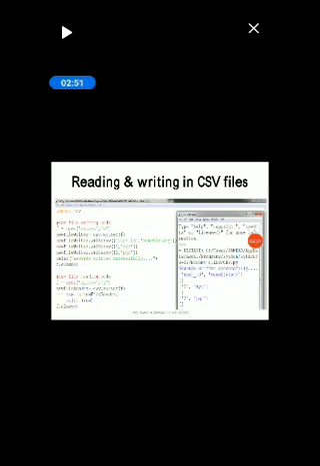Now see here, in this program we have used reading and writing into a CSV file. First of all, to get file handling for CSV files, you have to import the csv module. So the very first line is import csv. Then we are writing into a file, so we have to open it first. The file name I am using here is aa.csv, and we are using it in write mode because we want to write into the file.